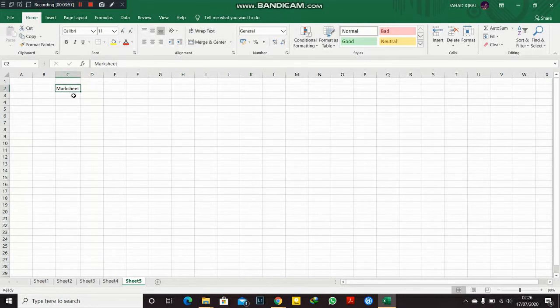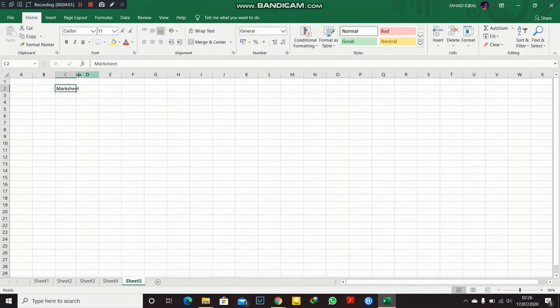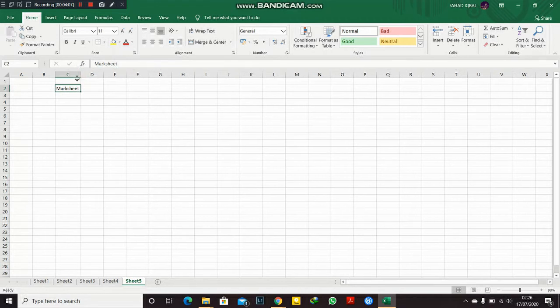See, before it was like this, and by double clicking here you can see the full mark sheet row. Now, making a mark sheet is very simple. There are so many ways to make a mark sheet, but since I'm teaching you, you can see that we can